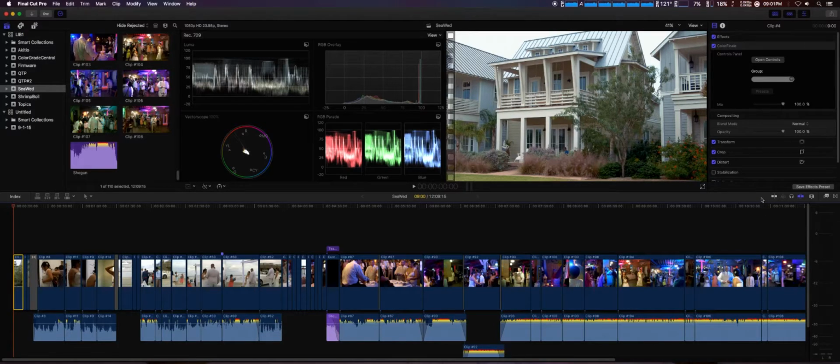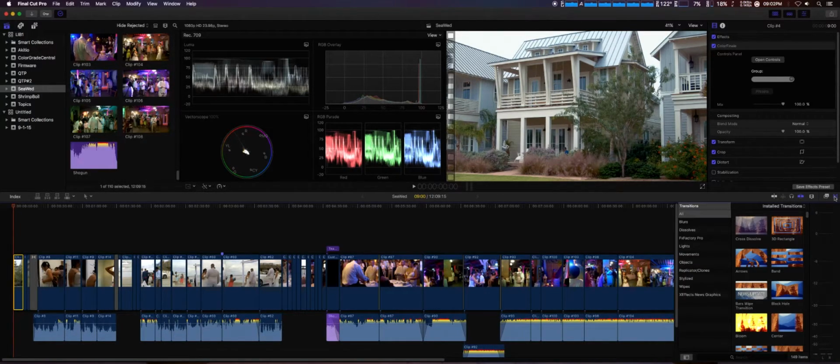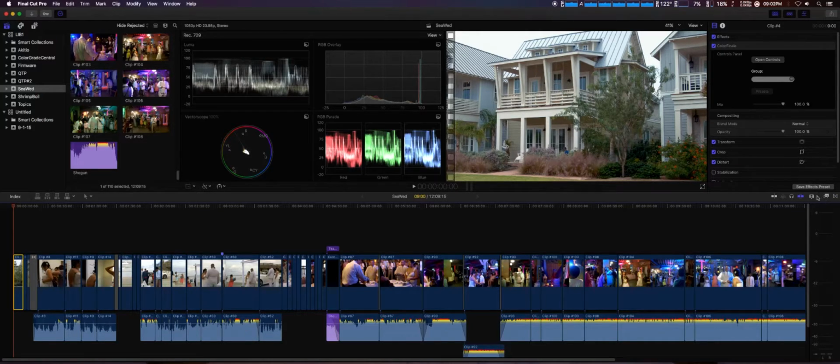The lower right hand side, there's a couple of new things, or pretty much actually some are in the same spot. Here, of course, your video and audio effects, and then your transitions right there. Now this one's a little bit different. This was normally, I believe, on the bottom part of Final Cut Pro. Now they put it on the right side in the middle, and this has changed a little bit as well,